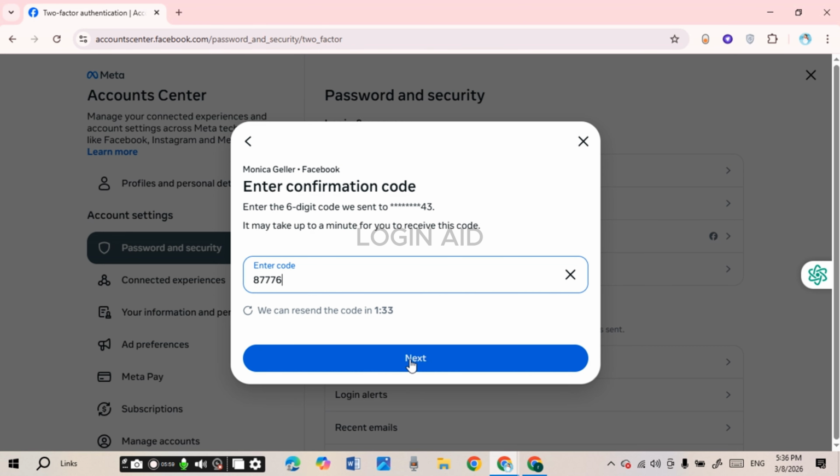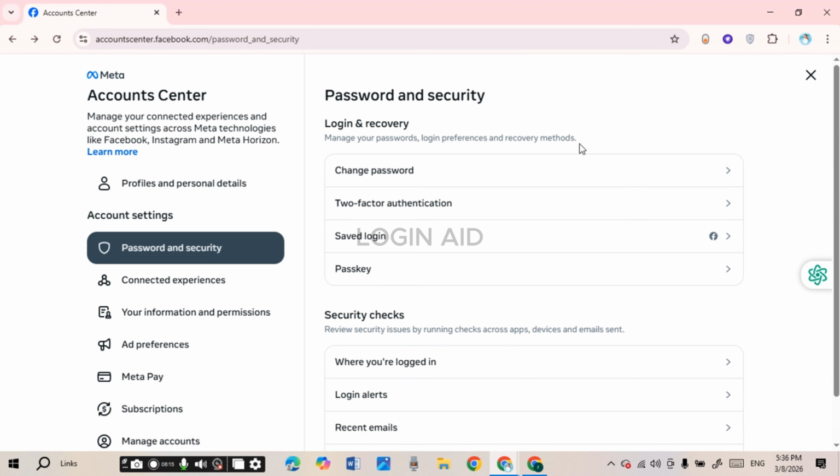Now if the code that you entered is correct, this particular phone number will be added as a two-factor authentication method. Now whenever you're trying to log into your account, you'll have to go through the authentication process in order to log in. This adds the extra layer of security to your account. So that is how you enable